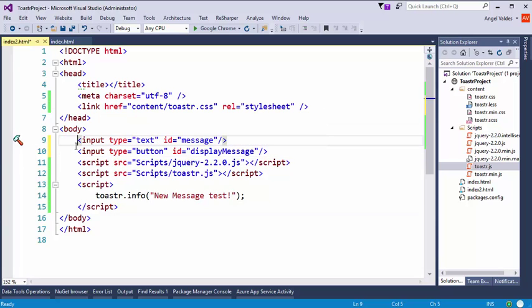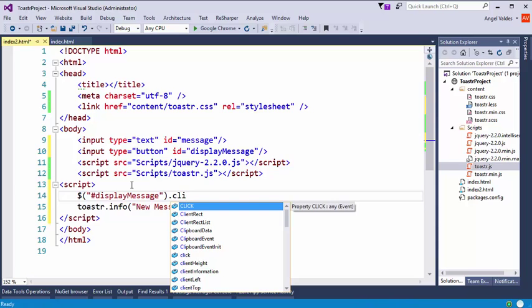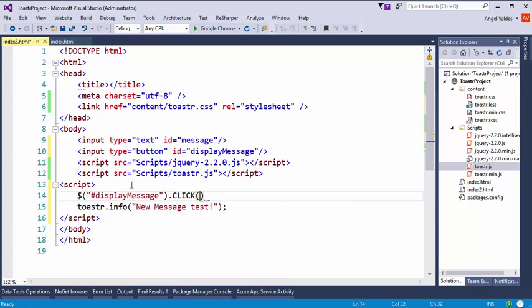So then I went and I wrote my own code. Instead of displaying this specific message, I want to display the actual message that somebody writes on the text box. So I can go ahead and write a jQuery. Since I have the jQuery library accessible to me, I can use jQuery selectors and select by ID my button, which in this case is display message. Now that I have my button, I can use the jQuery click method